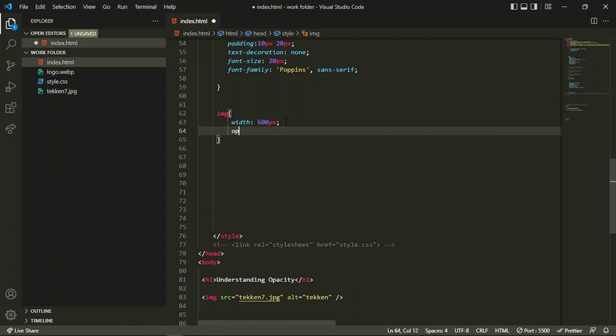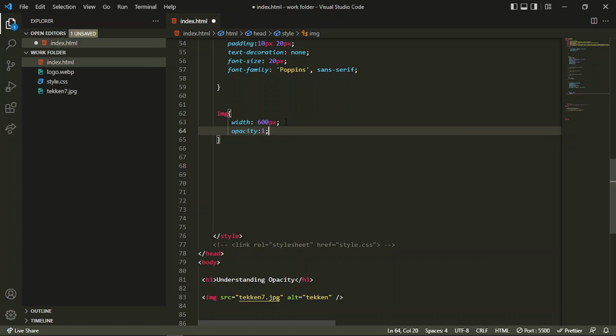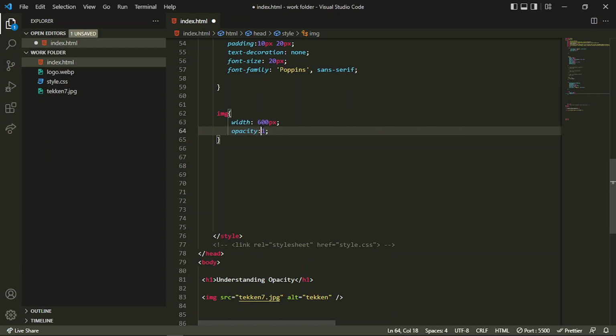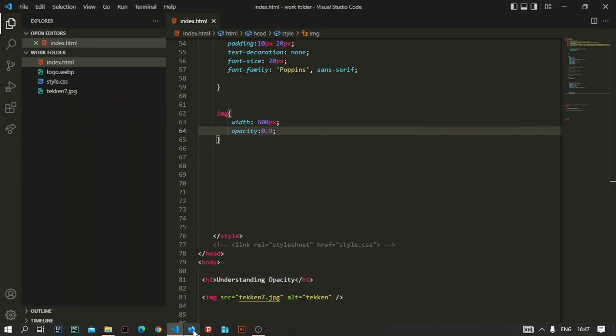The opacity property will actually make it a little bit transparent. So if you specify 1 here, which is the default value of any element, it means that it should be fully visible. If you decrease that from 1 to 0, or between 1 and 0, then it will become less visible. So if I decrease more,